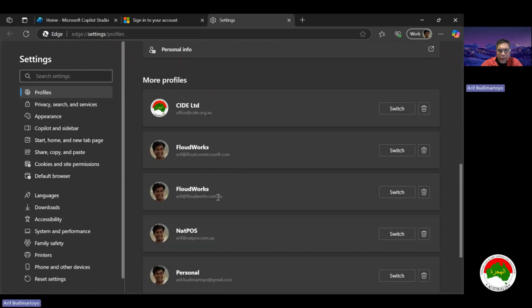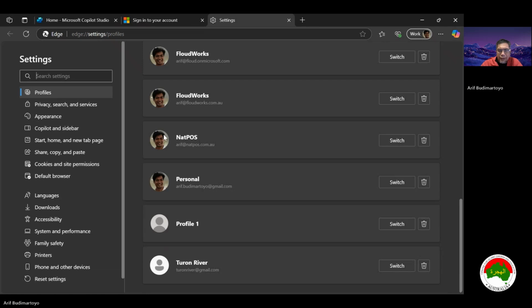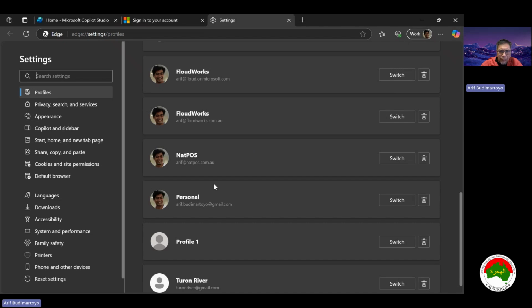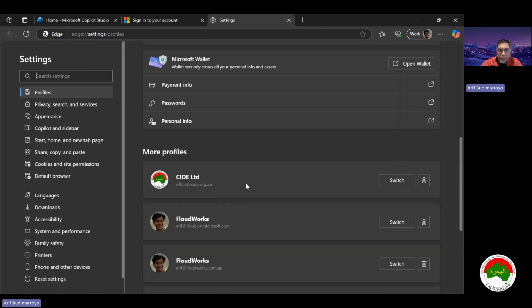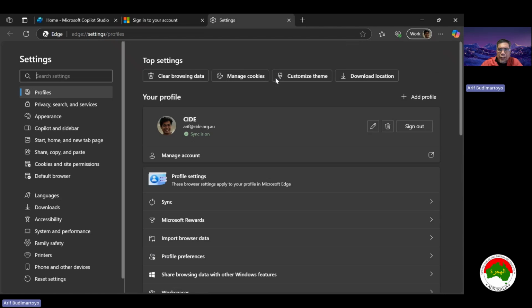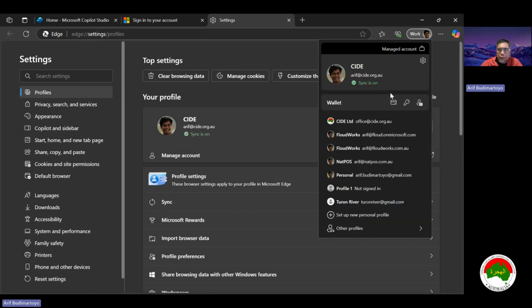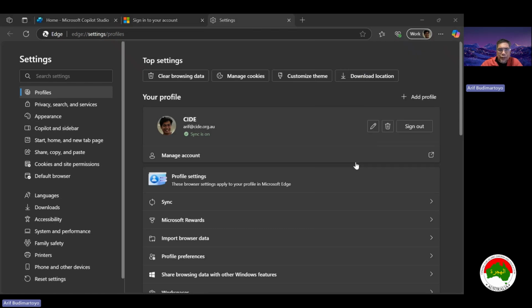Let's say this one that I just added, and you can also add a personal Microsoft account, and also a work account. So you can see the different profiles here. Then you can switch between them from here. Let's say I would like to switch to this account. Then it opens up another browser